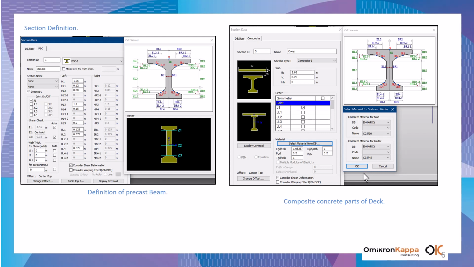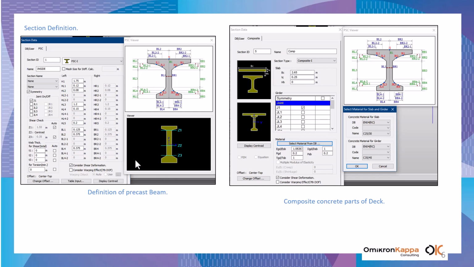Now the cross sections must be provided first for the main precast beams and the composite top slab. All details are provided, as you can see, through the masks that we use from Midas Civil.